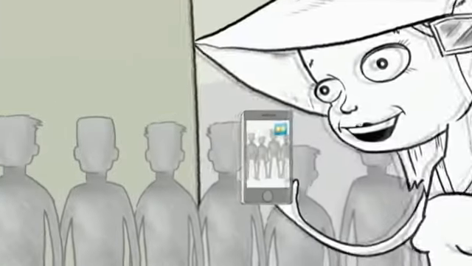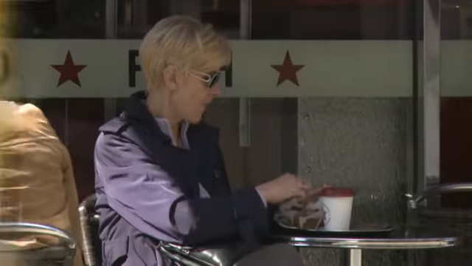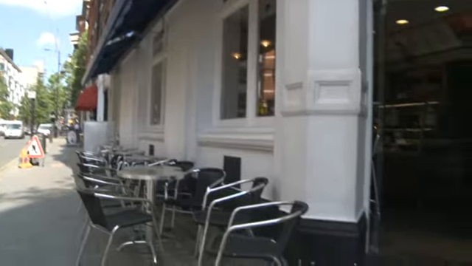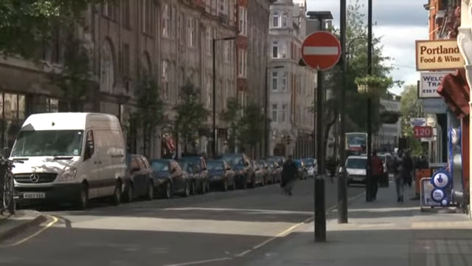But video sharing extends beyond the realm of entertainment into practical uses too. Imagine being able to find out what the queue's like at your favourite sandwich shop just before leaving the office, or whether there are parking spaces available outside your local supermarket.